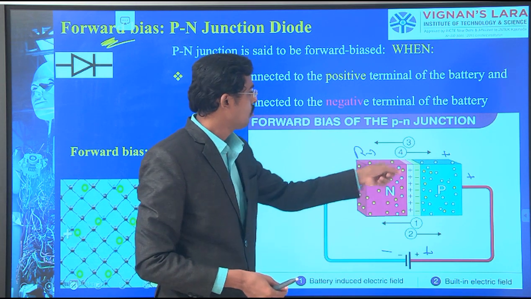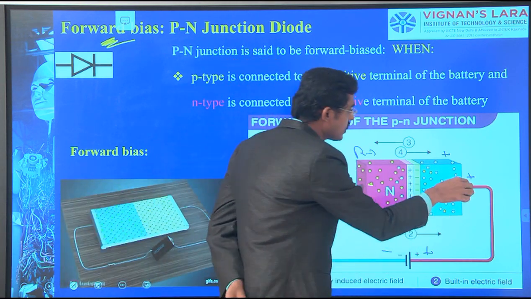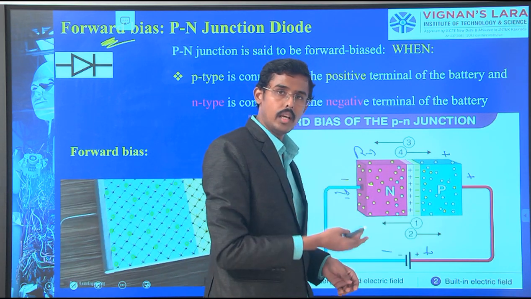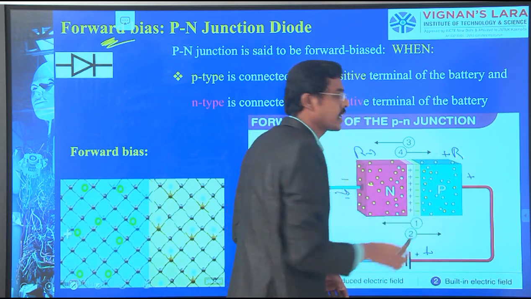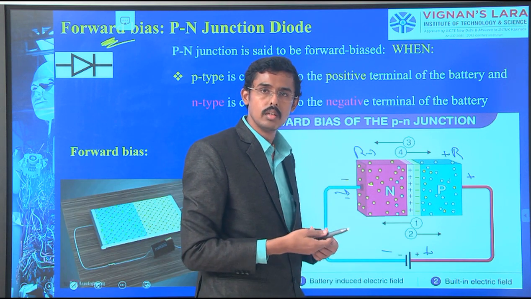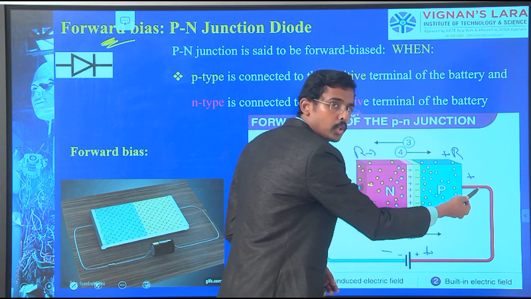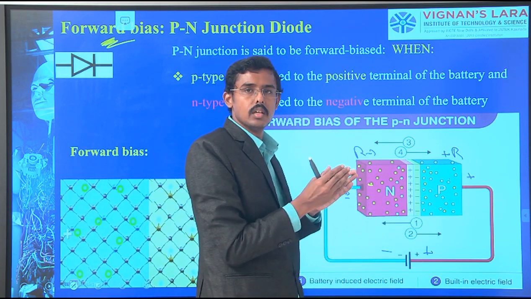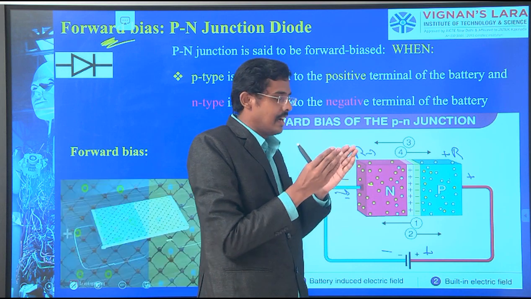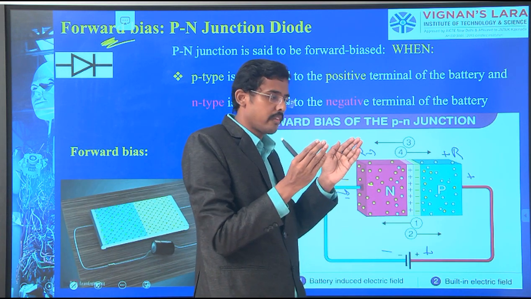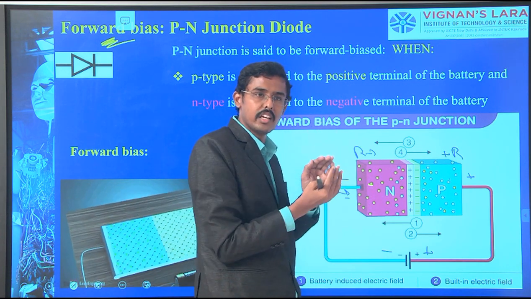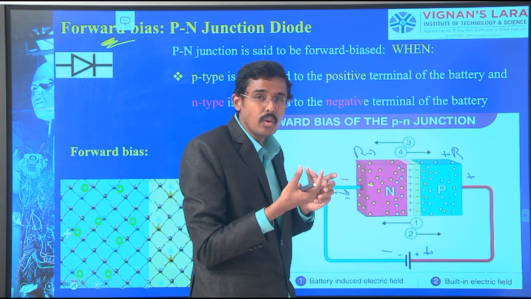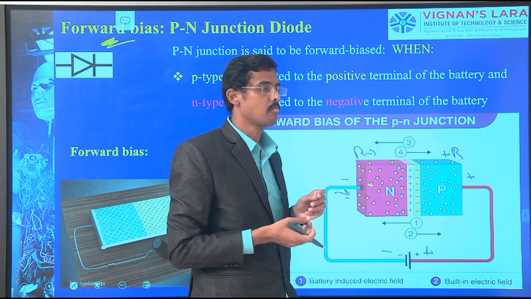Okay. What happens on the other side? Here the positive has been given. Repulsion takes place with respect to holes, and holes will repel with respect to positive charges and come towards the depletion side. It means on the depletion zone, high voltage is applied and more electrons and holes are coming nearer. Therefore, this makes the breakdown voltage. The word you should remember: the breakdown voltage.